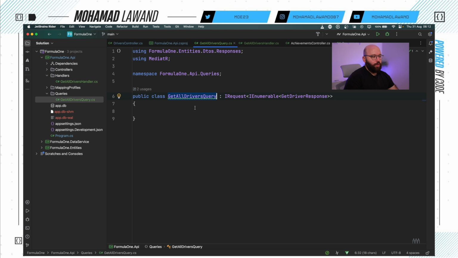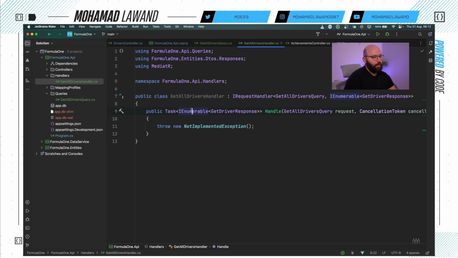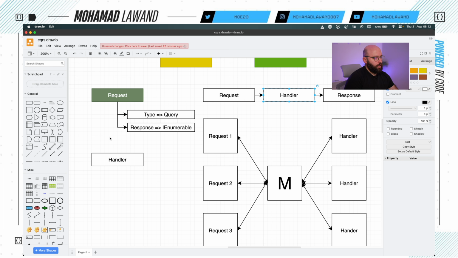So again, what we did here first is we created the query, and basically we said that we're going to have a query type, and it's going to return an enumerable, and we specified it as a request coming in. And then what we did inside the handlers is we just inherited the IRequestHandler, and then we specified the query, and then we specified the return type. So currently here inside the request, first of all we specified the query. So let's just copy this, and here we put